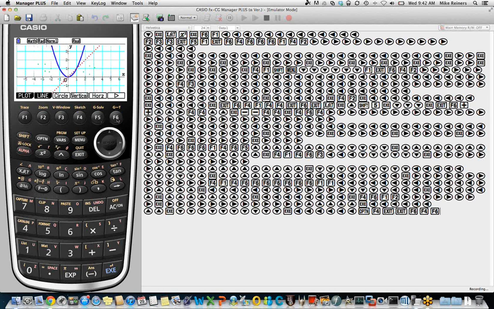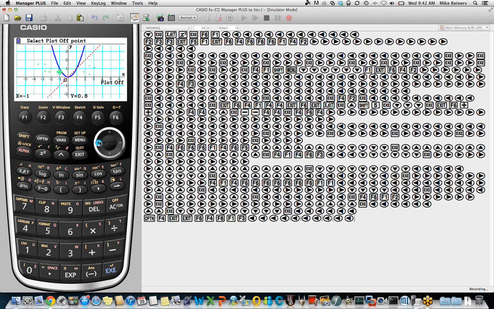If we now go to Sketch and choose something like plot off, it will only work on a point that has been plotted on. So if we press off here in space, I just pressed execute, I'll press execute again, and nothing happens because there aren't any points there. But if I go to -2, 1, where I had a point before, and I press execute, it plots off.